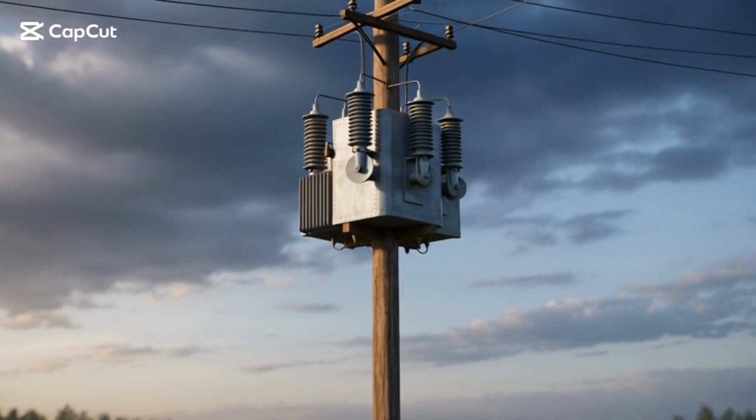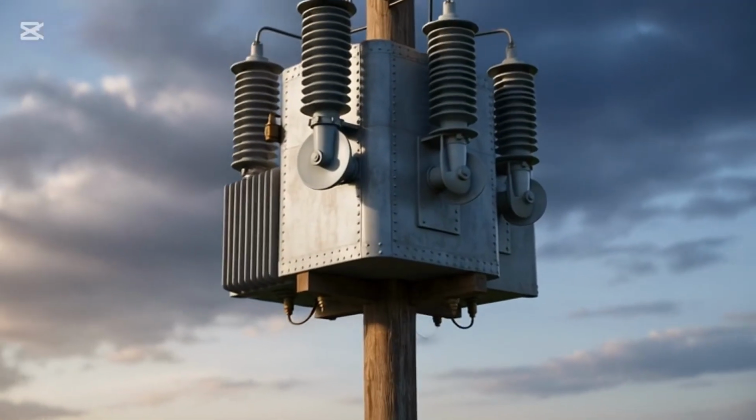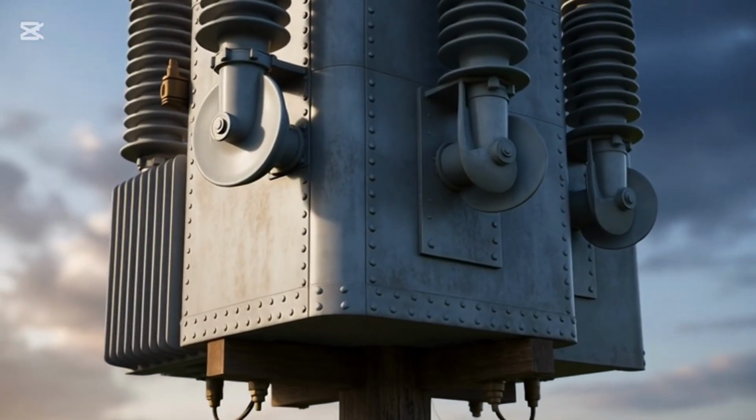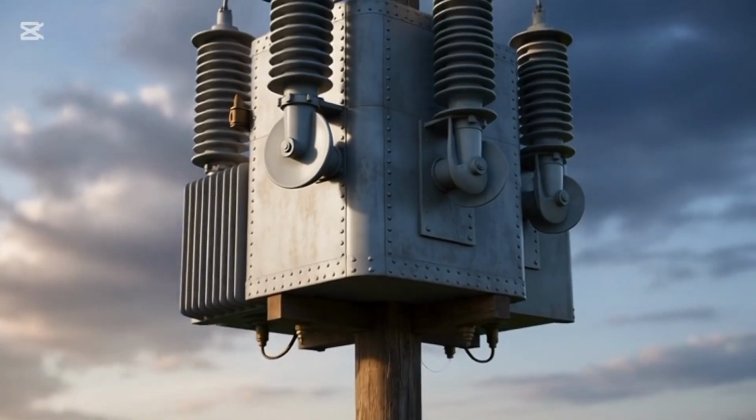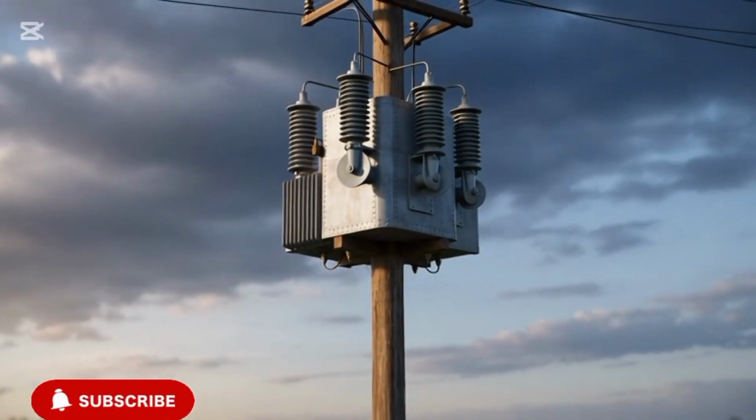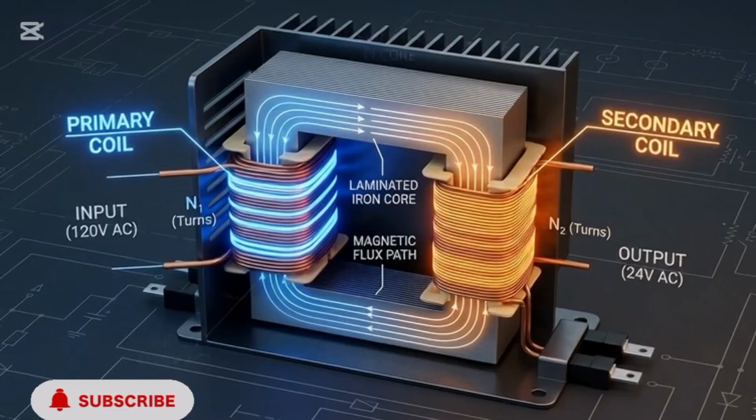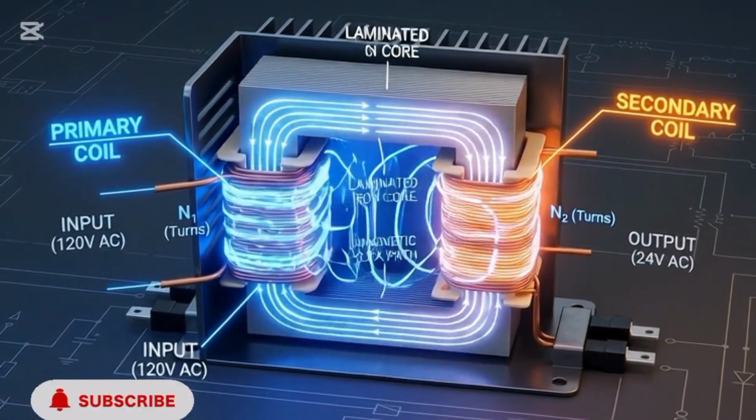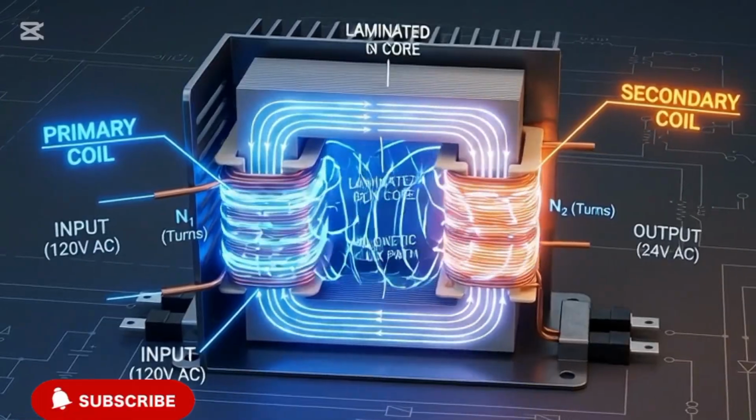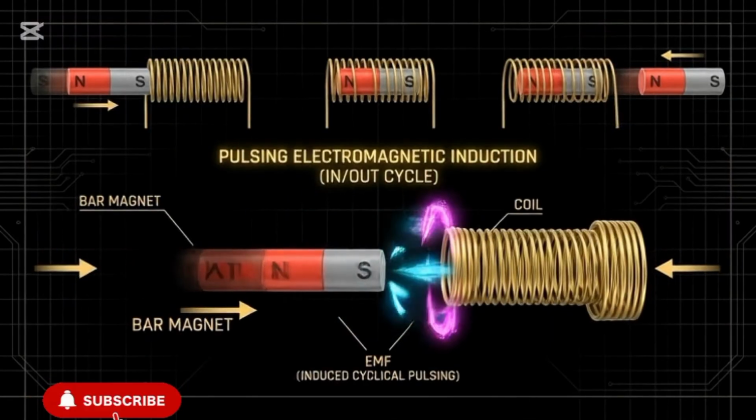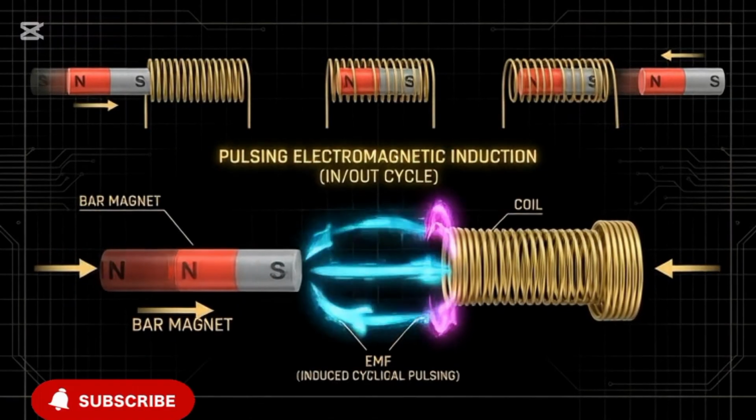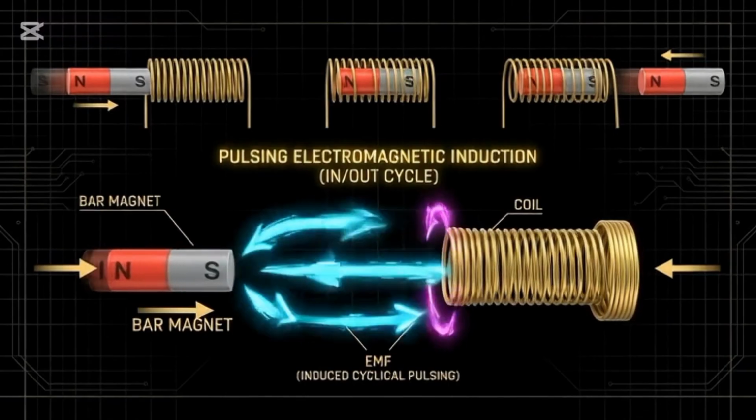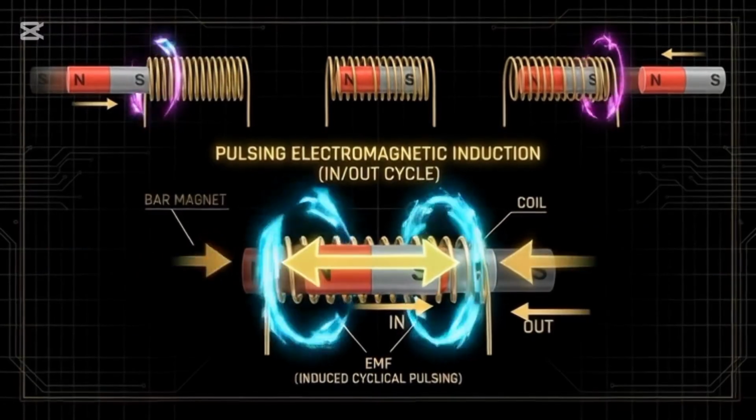A transformer is an electrical device that transfers energy between circuits, changing voltage levels using electromagnetic induction. It has three key parts: a laminated iron core, a primary coil that receives input, and a secondary coil that delivers output. Faraday's law states a changing magnetic field through a coil induces an electromotive force, the core principle of